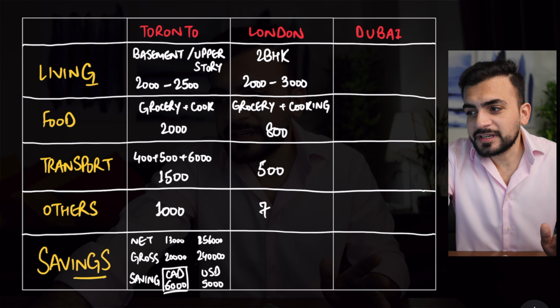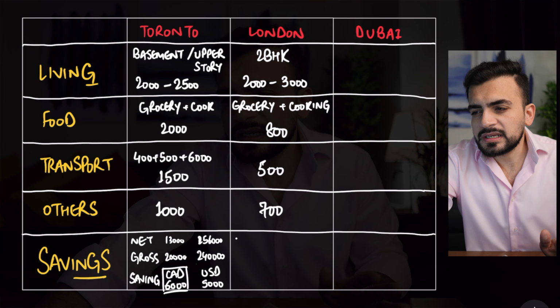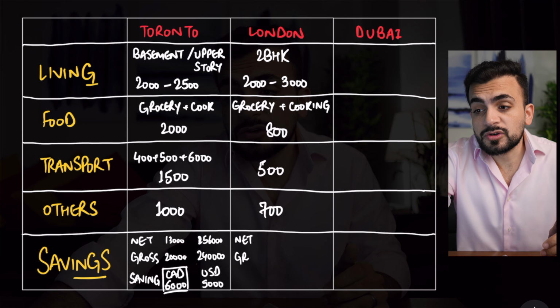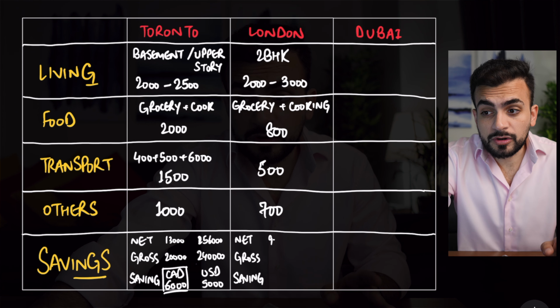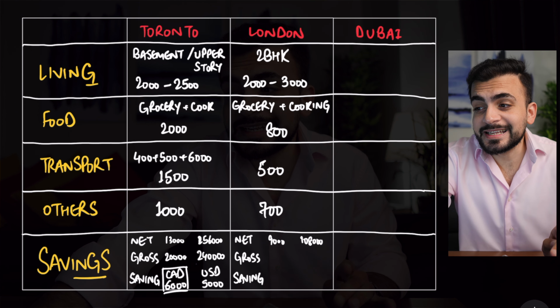Public schooling is free, but there will be unforeseen costs, so we will budget the monthly living in London at £5,000 a month. And again, this is on the higher side. It is possible to manage within £4,500, and we want to save $5,000 or £4,000 a month, which means we have to earn a net income of £9,000 a month